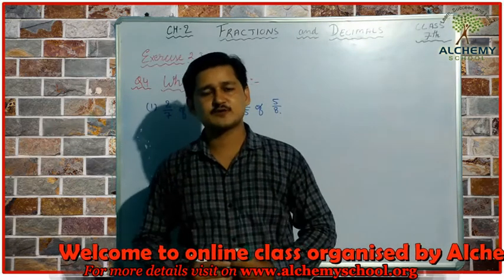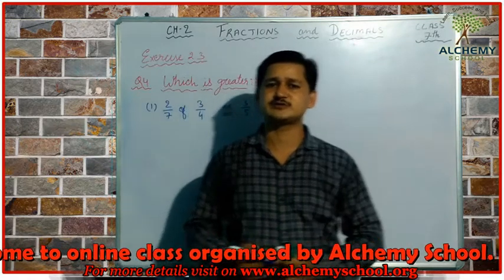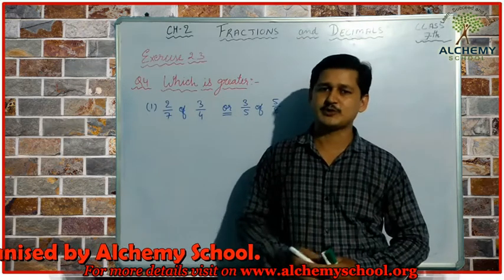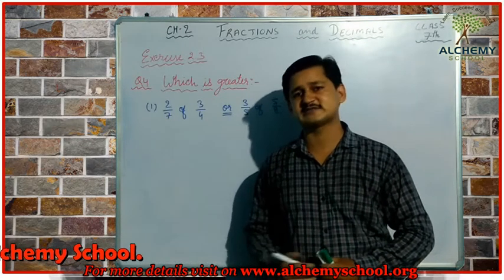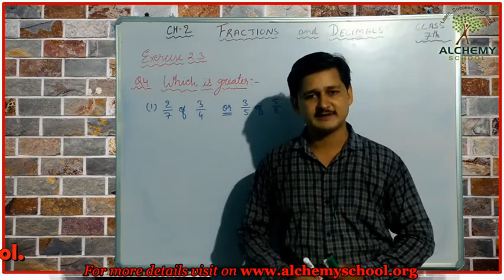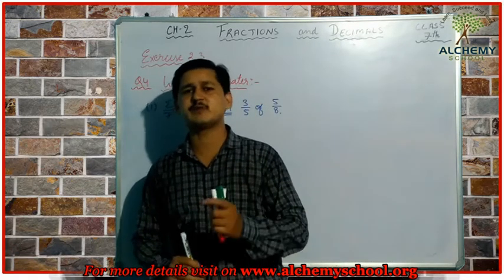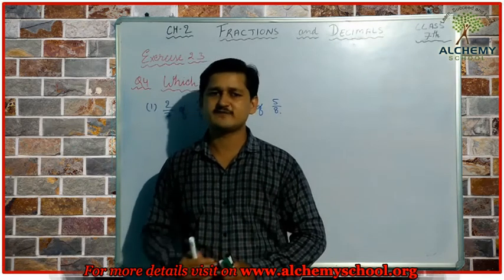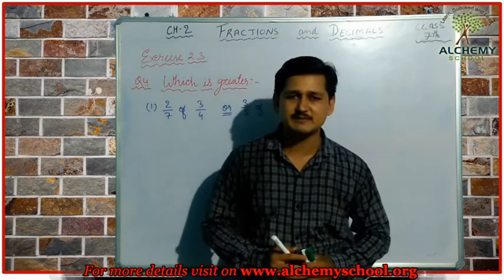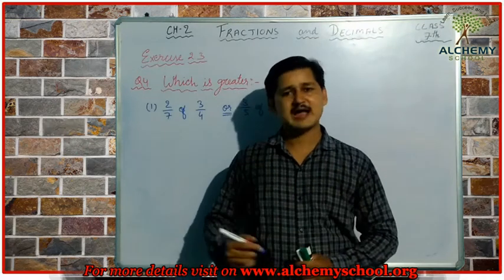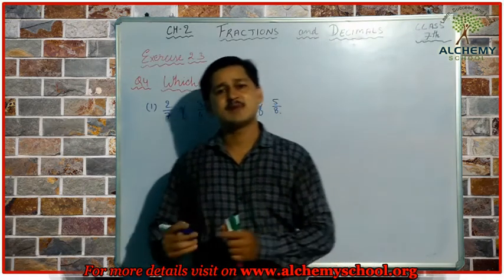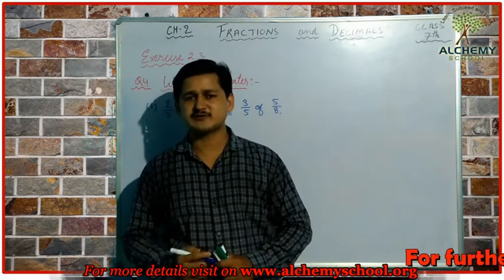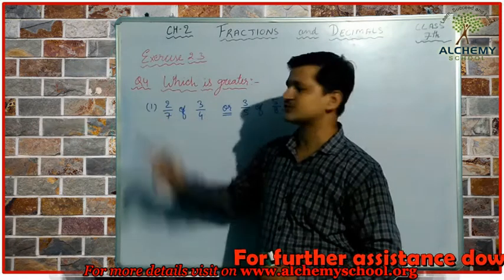In the previous class, we all saw how we can solve the questions given in exercise 2.2. We have completed exercise 2.2. Today we are going to start a new exercise, that is exercise 2.3. In exercise 2.3, question number 1, question number 2 and question number 3 you can solve by yourself because these questions are based on the multiplication of fractions, and we have seen how we can multiply two given fractions. Okay, now we are going to continue with the next question, that is question number 4.